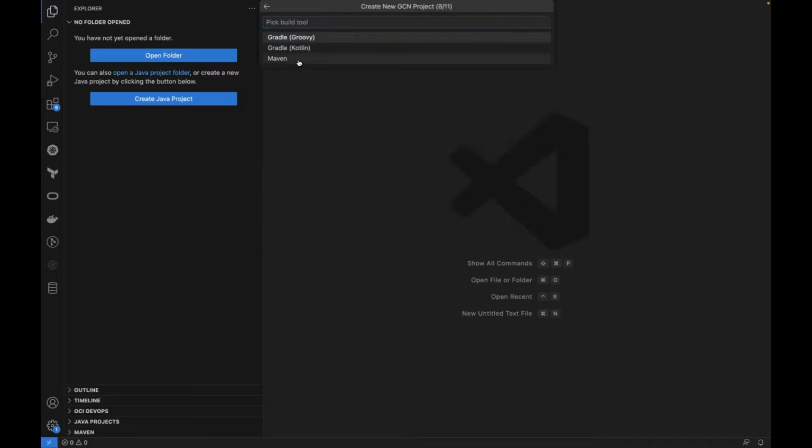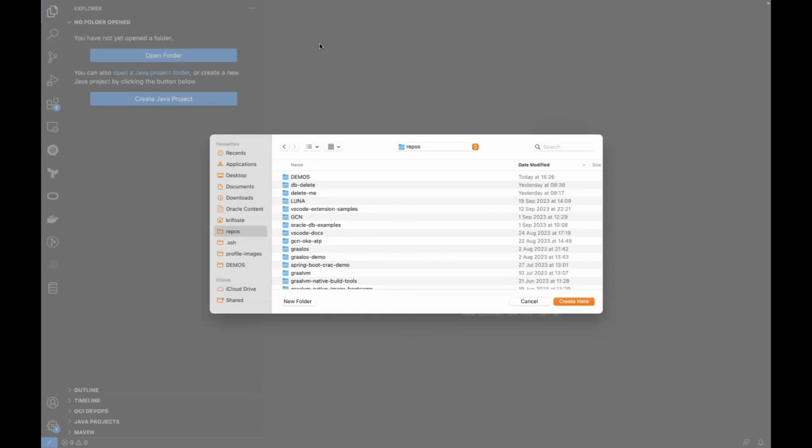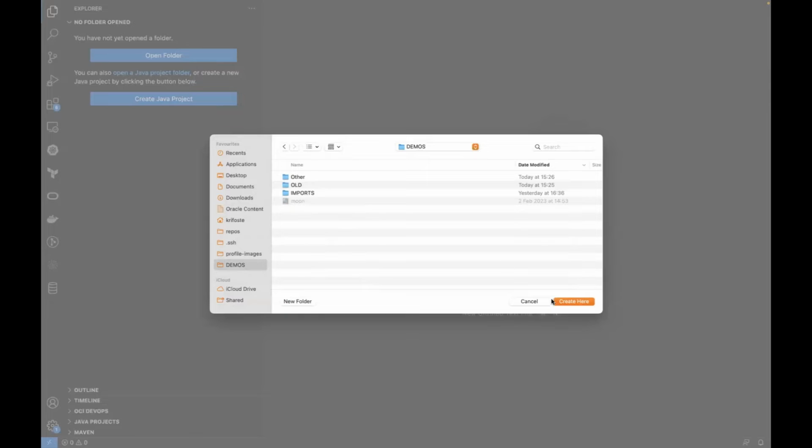Click OK. I'm going to say I want to use Maven and JUnit to create my application. And here we get to see, what clouds do we want to build this application for? What clouds do we want to deploy it for? I'm just going to select OCI, but you could choose AWS. And when we support GCP and Azure, they'll be available there as well. So I'll click OK. Do I want to generate the sample code? I'm going to say yes, because it makes my life a bit easier. I'm going to select a folder that I want to create it in.